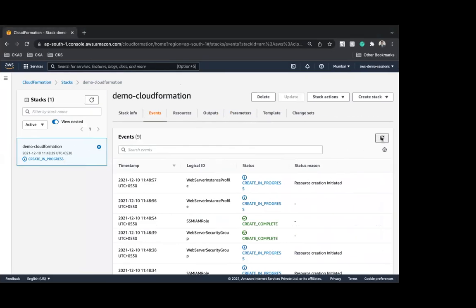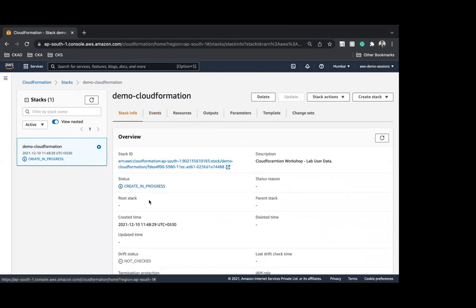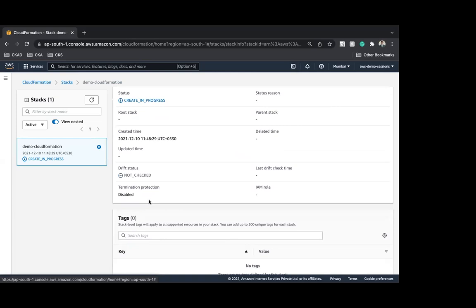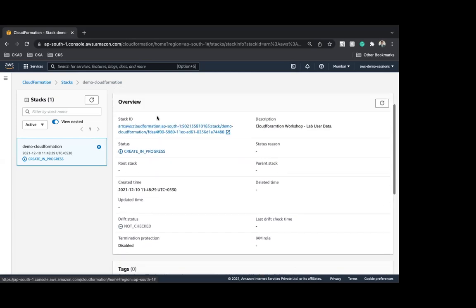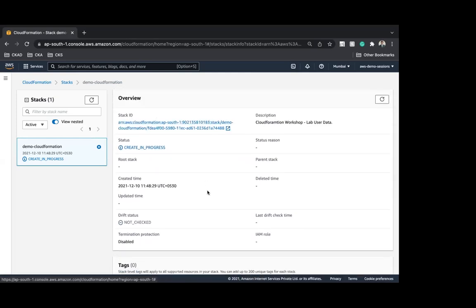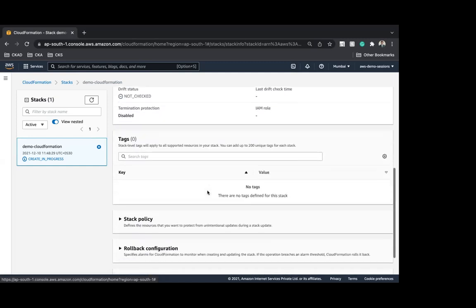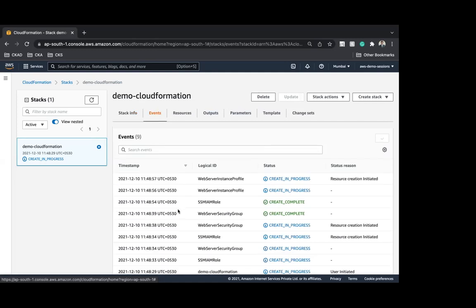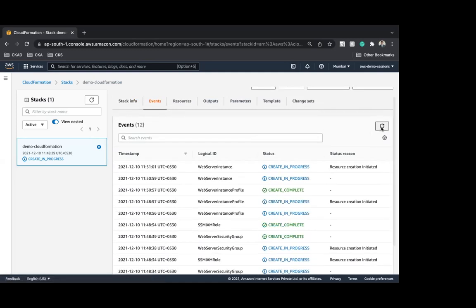Now, if I go back to the console, this is the AWS CloudFormation console, right? Let's quickly understand a couple of nitty-gritties in the meantime. Here you will see the stack information. Stack information is nothing but all the things which we provided for the CloudFormation, such as the location, the stack ID, the time, and those kinds of things. This is the events tab, the sequence logging, the way it started executing, right?